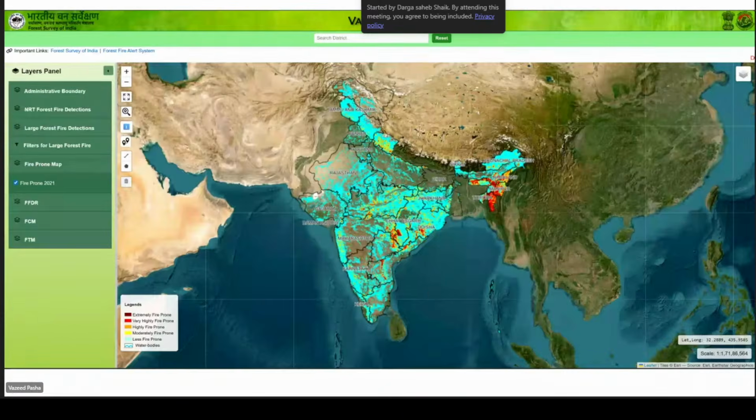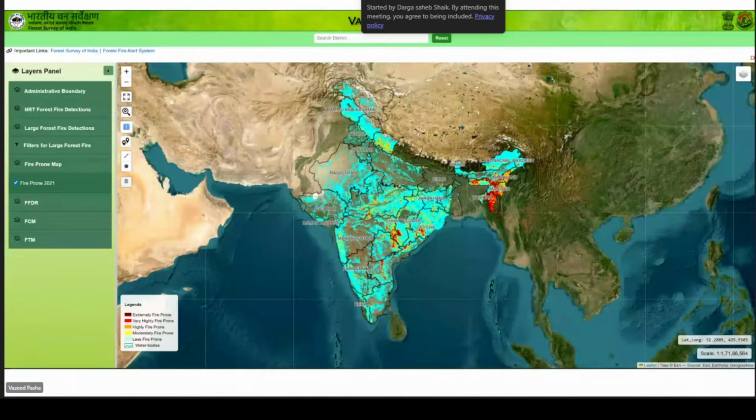The forest fire danger rating will also show which forests are more prone to fires, and you can see the administrative boundaries in this one. It gives different categories such as extremely fire prone, very highly fire prone, highly fire prone, moderately fire prone, and less fire prone.